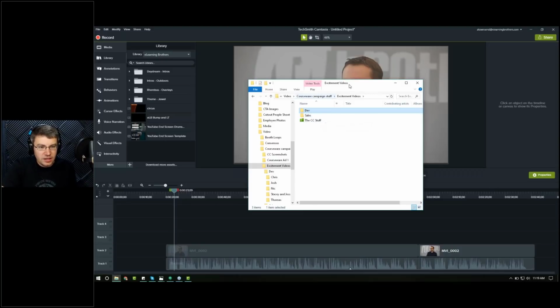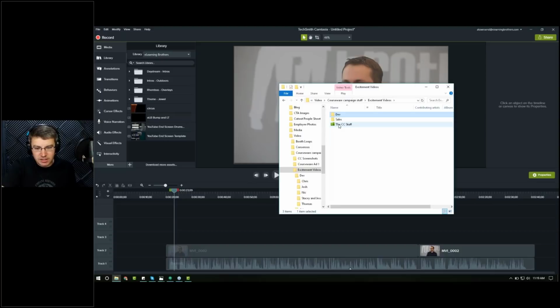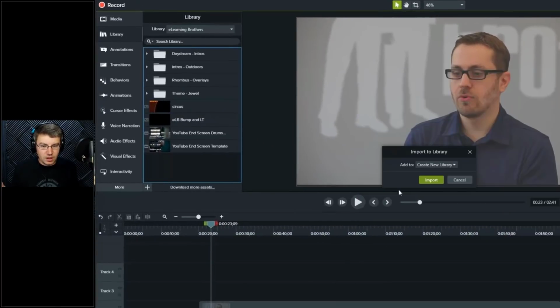This is the library objects that I already built in Camtasia 9 that match that look. So even if I have a project that was built in Camtasia 9, I can get the exact same look in Camtasia 18 using this. So I'm going to click and drag that into my library,